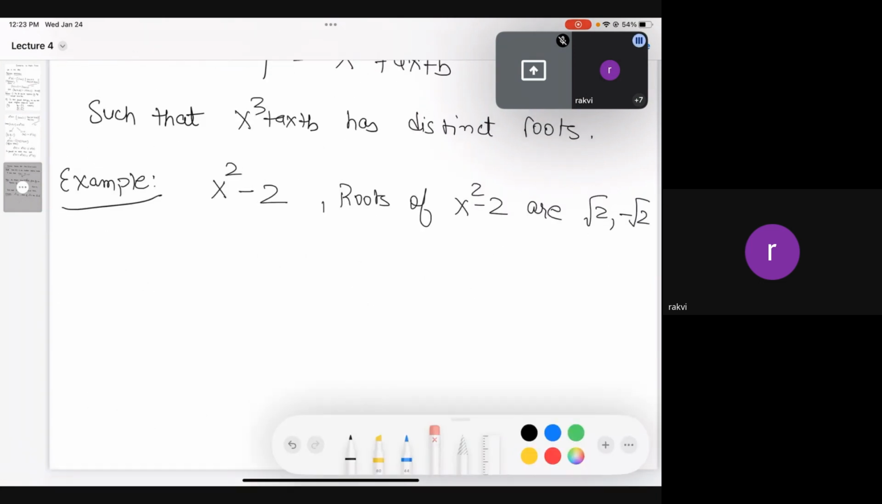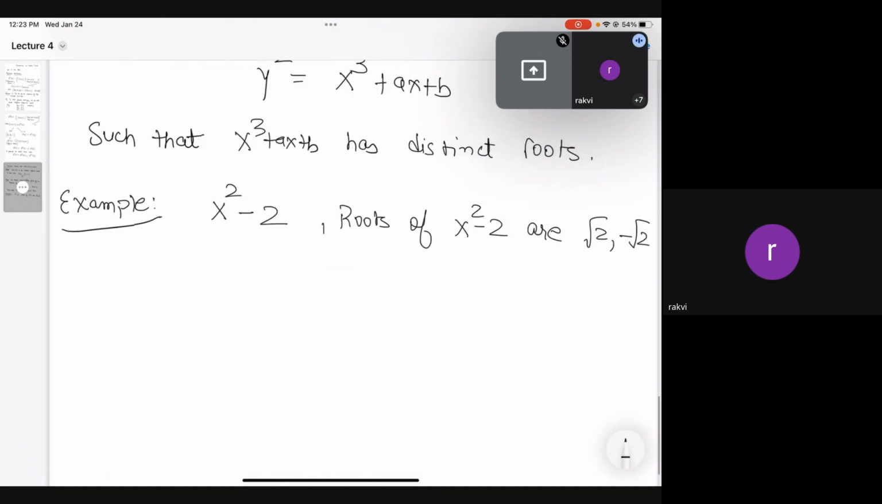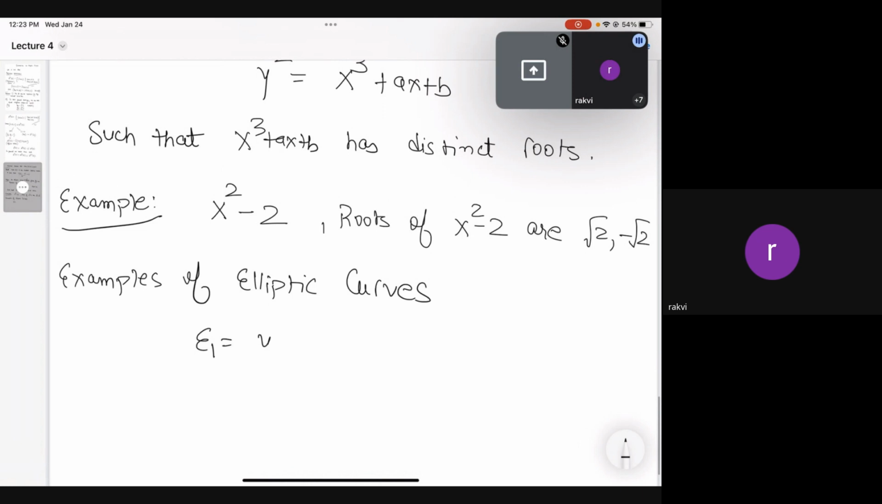So let's see some examples. This was an example of a polynomial. Let's see some examples of elliptic curves. So if we take y square equal to x cube minus x and think of them over R, if you look into this polynomial,